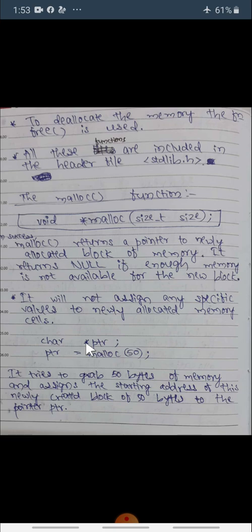That starting address of this newly created block of 50 bytes will be pointed to by ptr. Among these 50 locations, ptr starts to point to the first memory location.